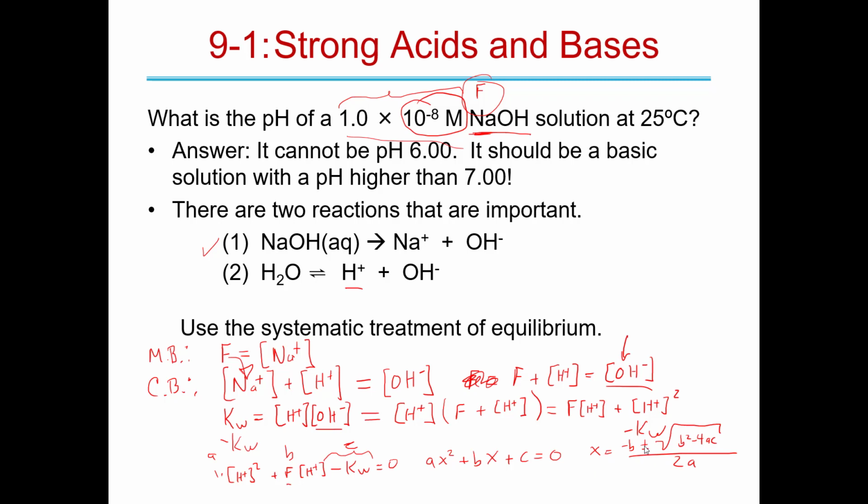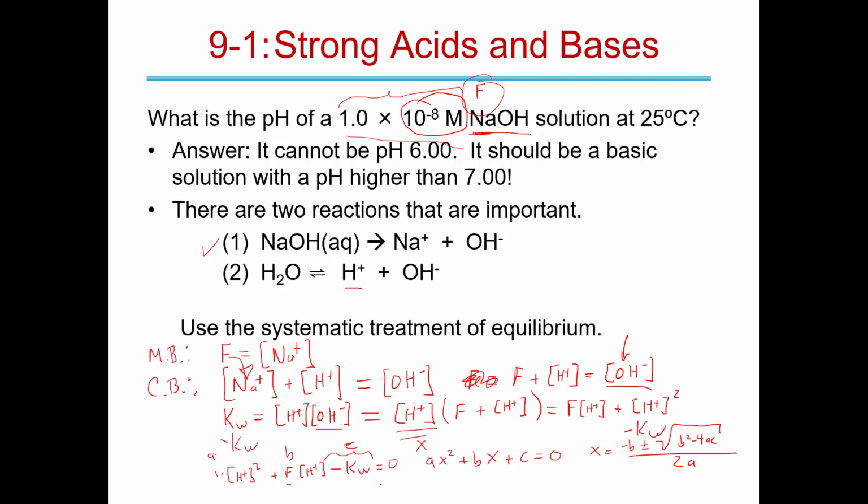Now, depending on the plus or the minus, you're going to get two different roots for this equation. One of them is not going to make sense. So remember, x is supposed to be the hydrogen ion concentration. And so if you get a negative number for concentration, negative molarity, what does that mean? Yeah, that's nonsense. So we can't have negative molarities. So if you happen to get a negative number, we're going to discard that solution. So you can plug numbers in here. I like to, when I'm working problems not on a test or something, go into the web and find a quadratic equation solver. So you can just type in the values of a, b, and c,